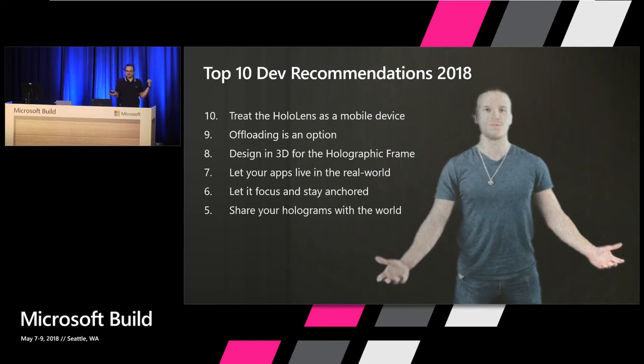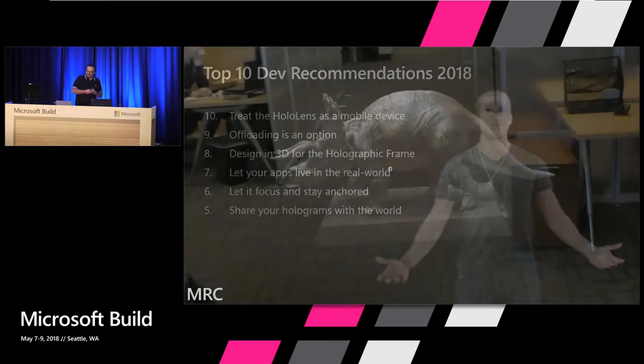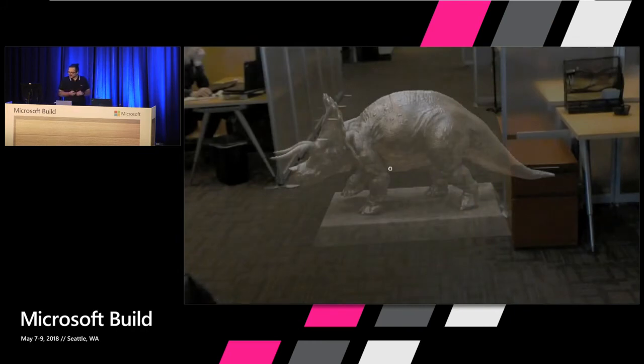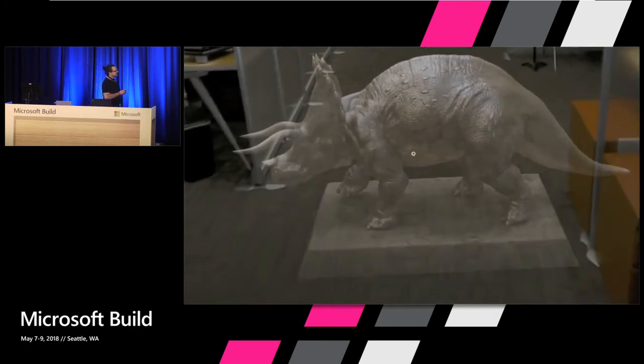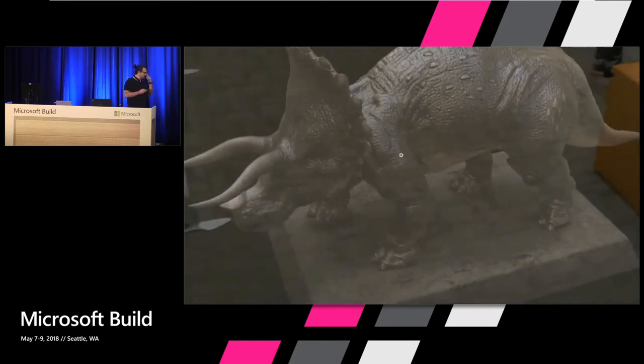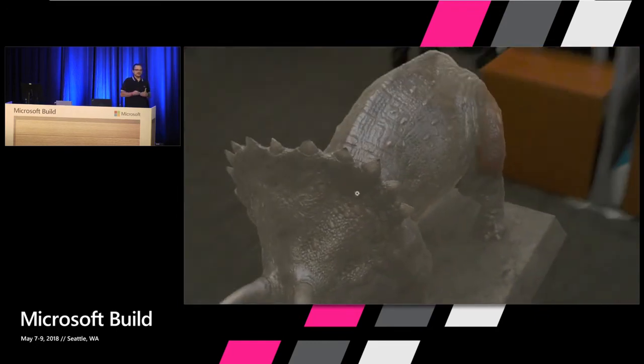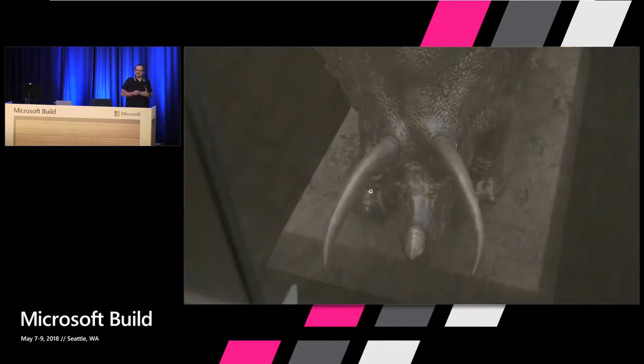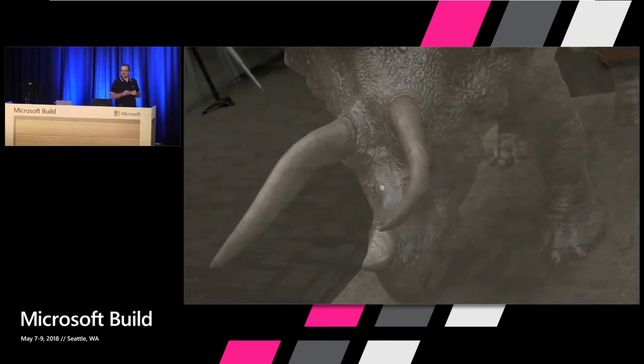Another way to share your holograms, well, you can make a video, right? You have seen the mixed reality capture. That's what I have been using here. So the HoloLens has this little camera on the top, and you can use it for recording, and then we'll add the virtual objects on top of that. The mixed reality capture here, this is an example, has some downsides. First of all, it does the encoding of the video on the device. So that takes a bit of time. So it will actually cap your application to 30 frames per second.